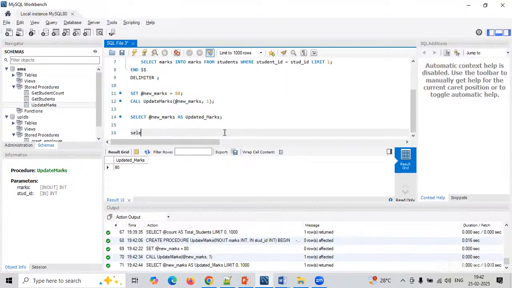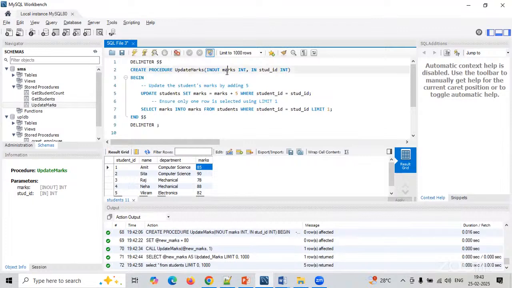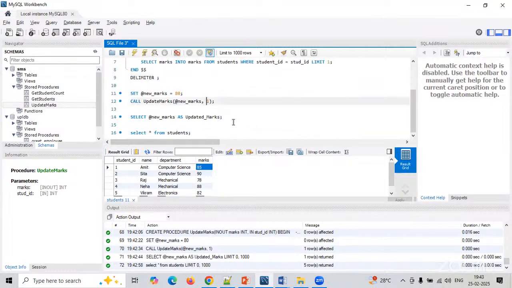So select star from students. The first student's marks is 80. For 80, the new marks will be 85. So 80 marks was there, and it has been updated by plus 5. So you have passed the 80, then 80 plus 5 becomes 85 for the first student. So if you pass 82 to this, it should be